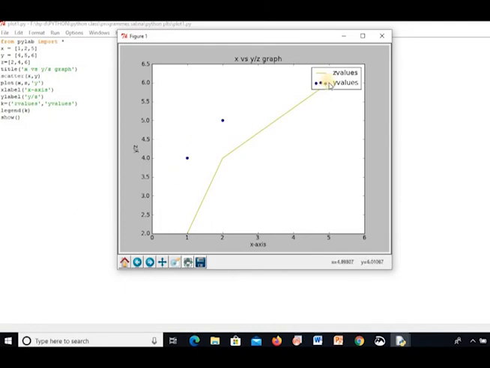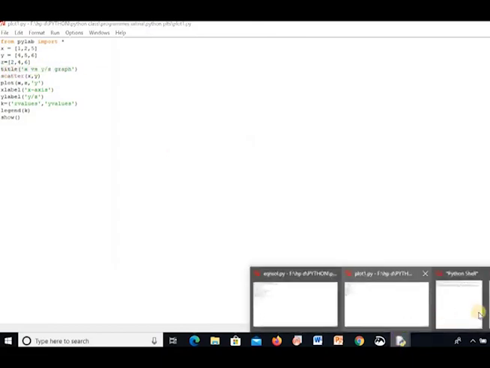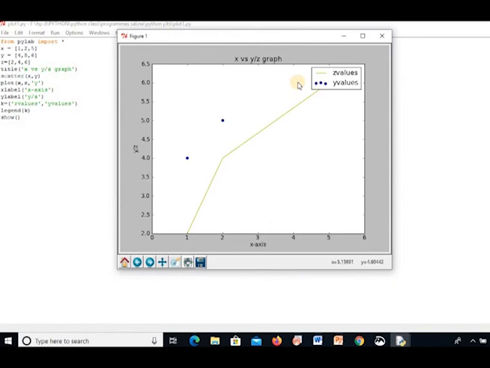I have scattered the y values and I have plotted the z values, and I have labeled the x axis. What? X label, x axis. Y label is y versus z. And similarly my title is what? Title x versus yz. My title is this one, x versus yz graph, and similarly it is shown here, x versus yz graph. Okay, so this is how you simply plot.